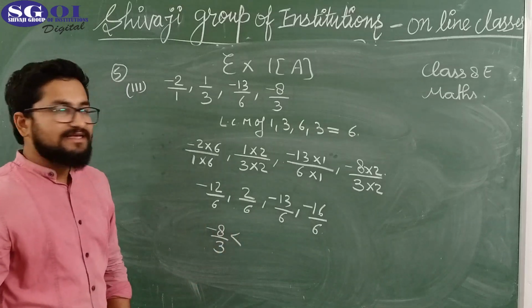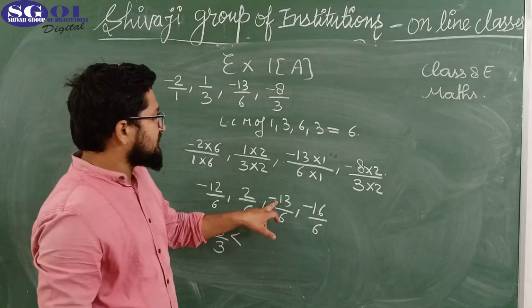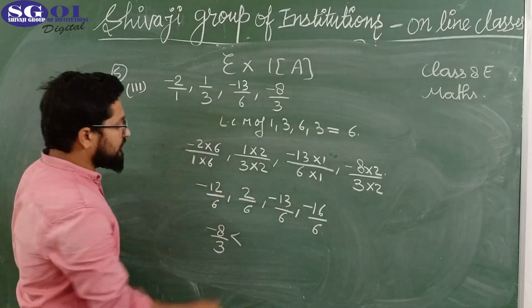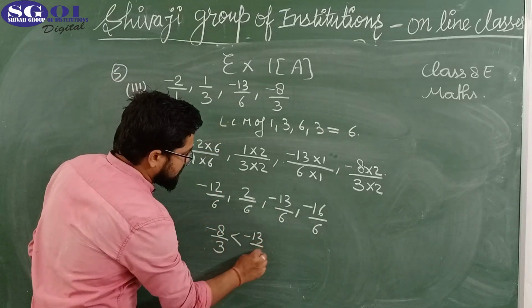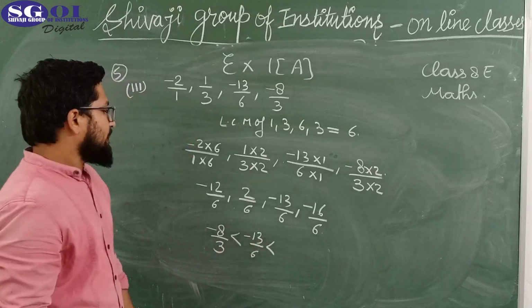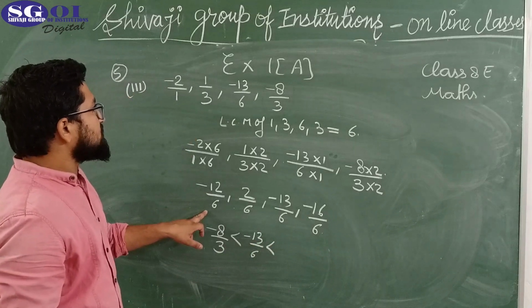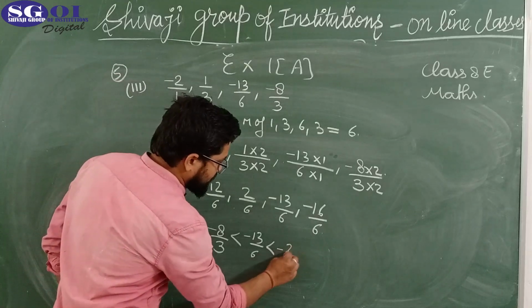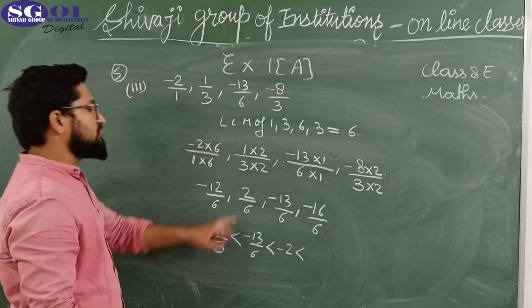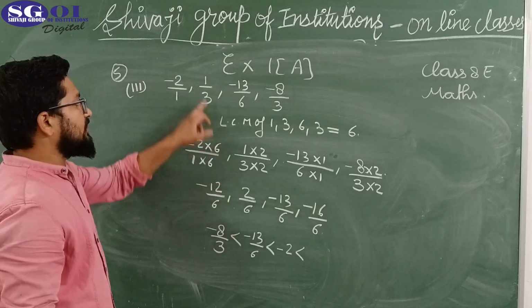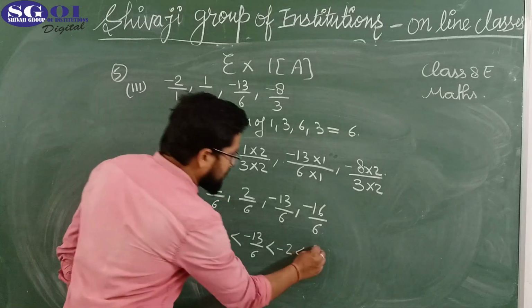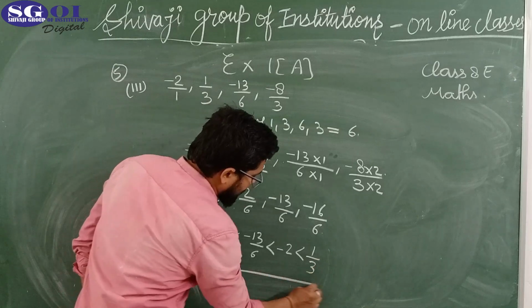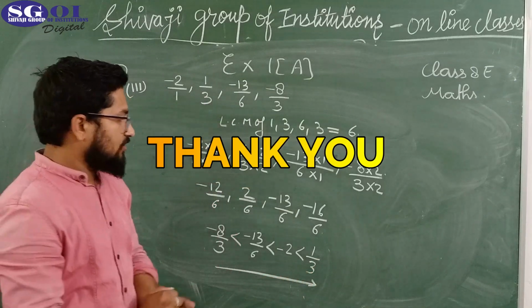Put a less than sign. Second number पे कौन छोटा है -13 upon 6 और same वैल्यू यहाँ पे भी है -13 upon 6. Now next one is -12 upon 6. इससे corresponding कौन सी वैल्यू है -2 तो आएगा आपका -2. और लास्ट में सबसे बड़ी वैल्यू कौन सी है 2 upon 6. इससे corresponding कौन सा रेशनल नंबर है 1 upon 3. Okay, this is the correct order of the ascending of this